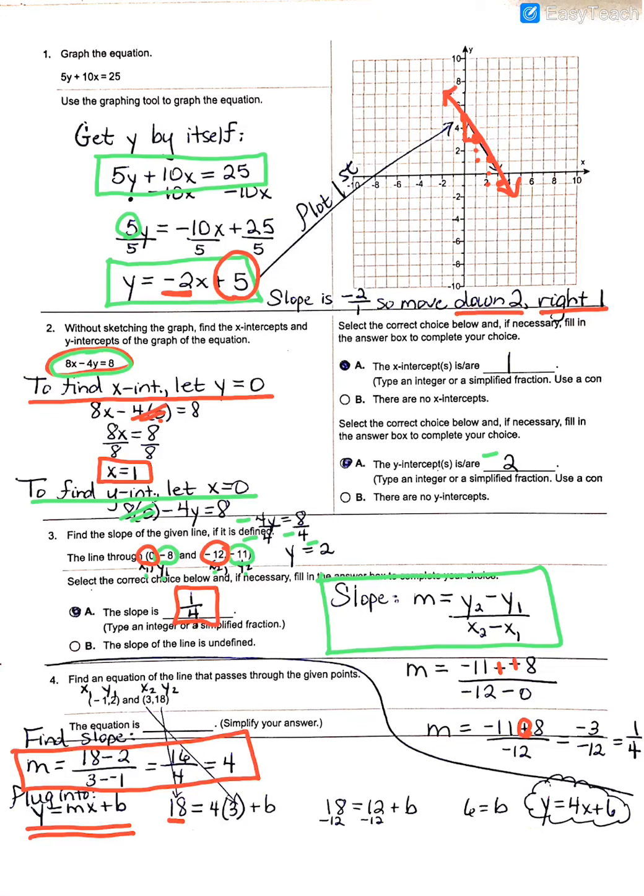But for example, if I choose to use a y value of 18 like I did here, then when you go to plug x in, you've got to make sure you use the x that's paired with that y value. So my y is 18, my slope is 4, the x that goes with the 18 is 3, and I'm looking for my b. So 4 times 3 would give me 12. If I subtract 12 on both sides, then I'm left with a b value of 6. So my final equation here, I put it back